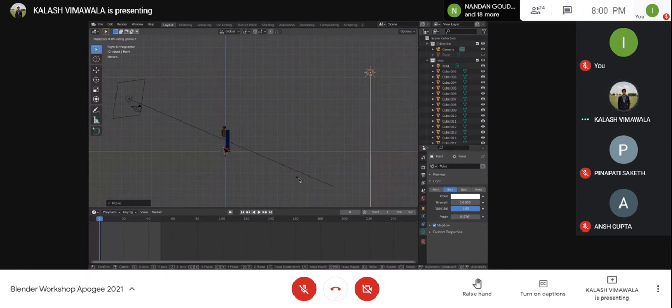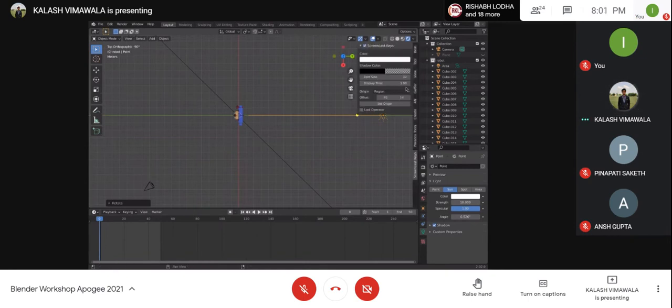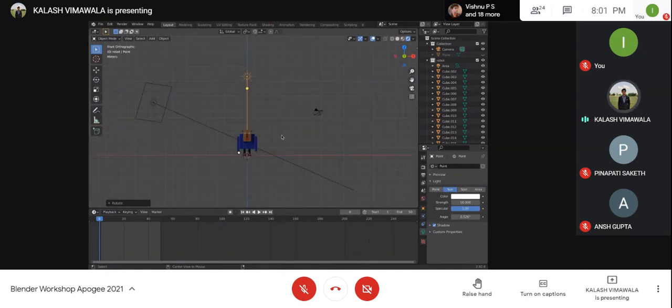R about X. So there you go. I've moved it like this. How to enter views like this? You can simply click on the axis from here. Or as you can see, you have the shortcut numpad 7. So if you have a keyboard and if you click on numpad 7, then you will get to the very top view. Or you can also use Alt and middle mouse button. Alt plus middle mouse button will let you switch between different views. It allows you to move along the axis, so all of your views will be around different axes.